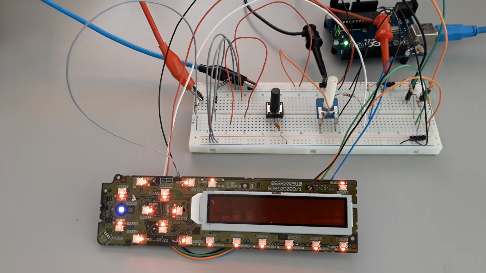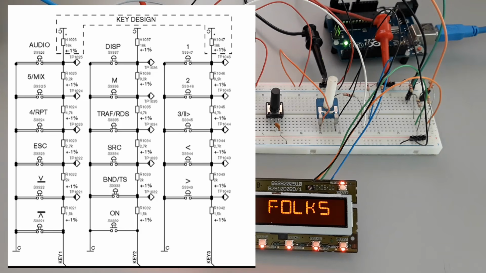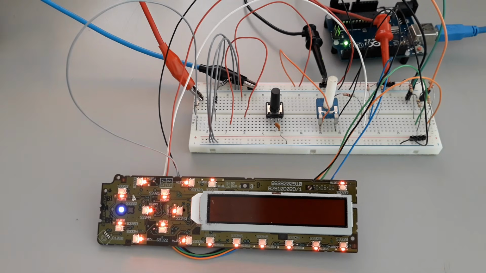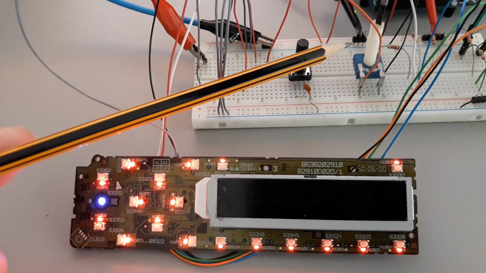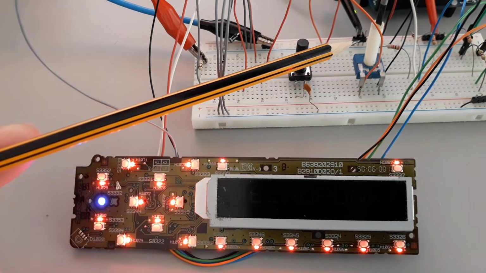Each key line is based on a switch combined with a resistor. Because of this design, each key line must be read using an analog input pin, which detects the voltage level produced when the switch is closed through its corresponding resistor. To keep this video shorter, we will not explore this topic in detail today. However, there are already several examples on the channel where this exact method is explained and demonstrated.